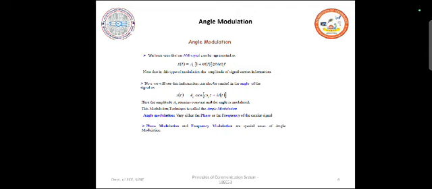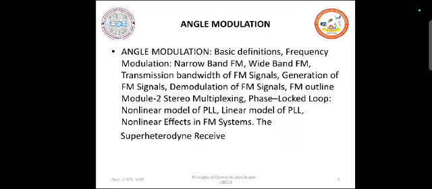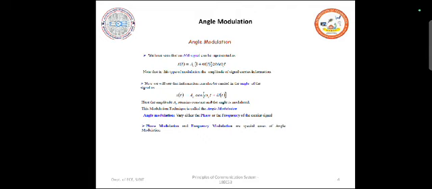S of t is equal to AC into 1 plus m of t cos of omega ct. This type of modulation basically changes the amplitude of the carrier. If you can observe, 1 plus m of t is present before cos omega ct, which is the amplitude part. Now when you try to put the variation in the angle of the carrier,